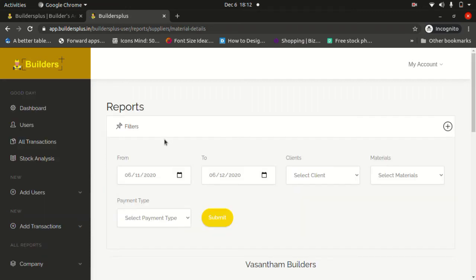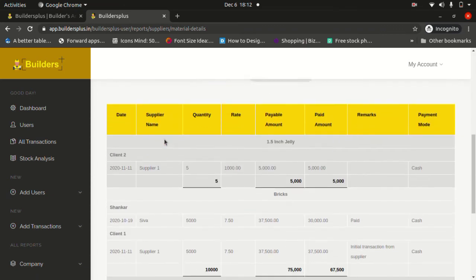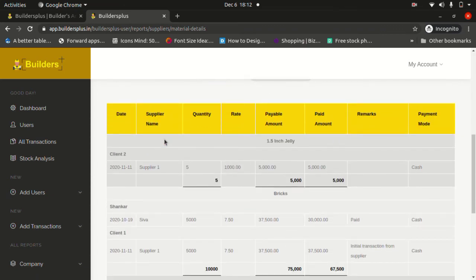How much material we consumed for each client, you can refer to in this report. Say, for example, as a builder you may have 5 clients, I mean 5 sites where the work happens. You may not know this if you are not maintaining it or not using this kind of software. If you use this software, you can get to know how much cement overall we have consumed, and for a particular client how much cement you have consumed.